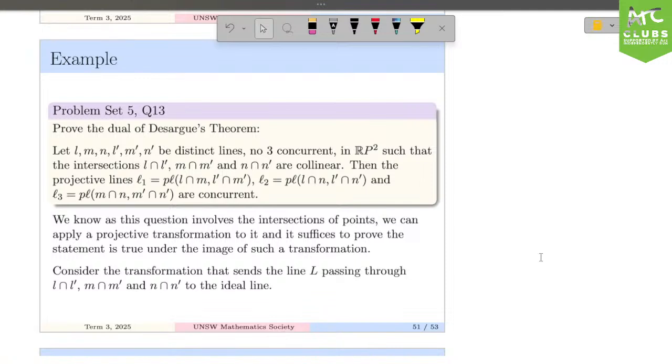So we take this line L, that all of the intersections are on, and we map this to the ideal line. So now, because L and L prime intersect at the ideal line, they must be parallel. That is parallel to that. Similarly, because M and M prime intersect at the ideal line, they must also be parallel, and same with N and N prime. This simplifies our diagram to